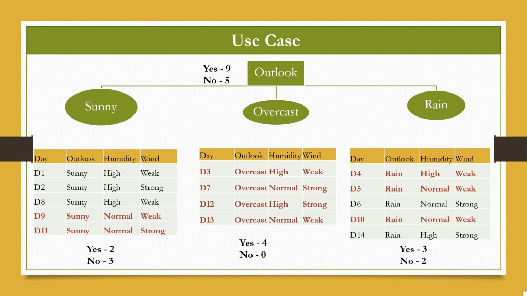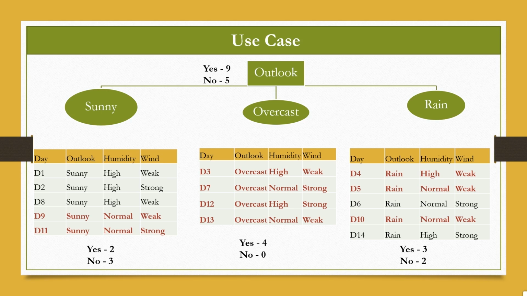Now we don't always get lucky, and we don't always find variables that will result in pure subsets. That's why we have the measures of entropy. So the lesser the entropy of a particular variable, the more significant that variable will be. So in a decision tree, the root node is assigned the best attribute so that the decision tree can predict the most precise outcome, meaning that on the root node you should have the most significant variable. That's why we have chosen outlook.